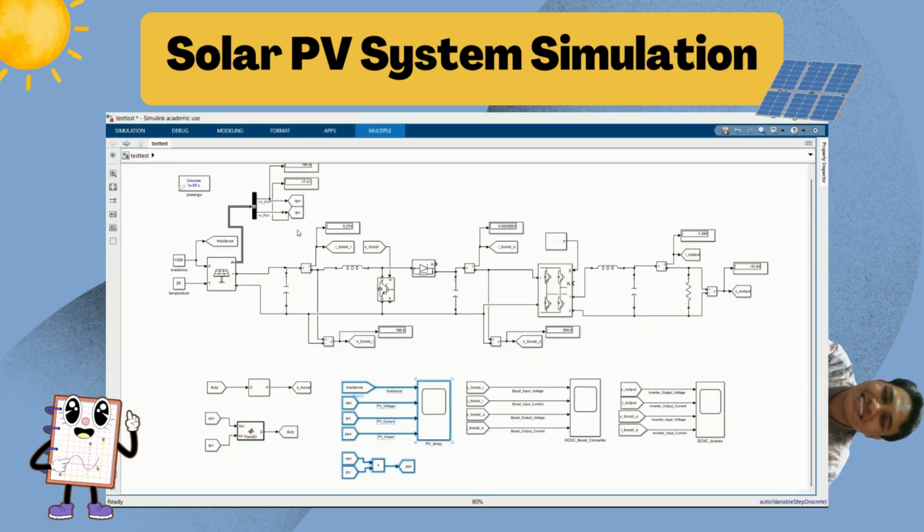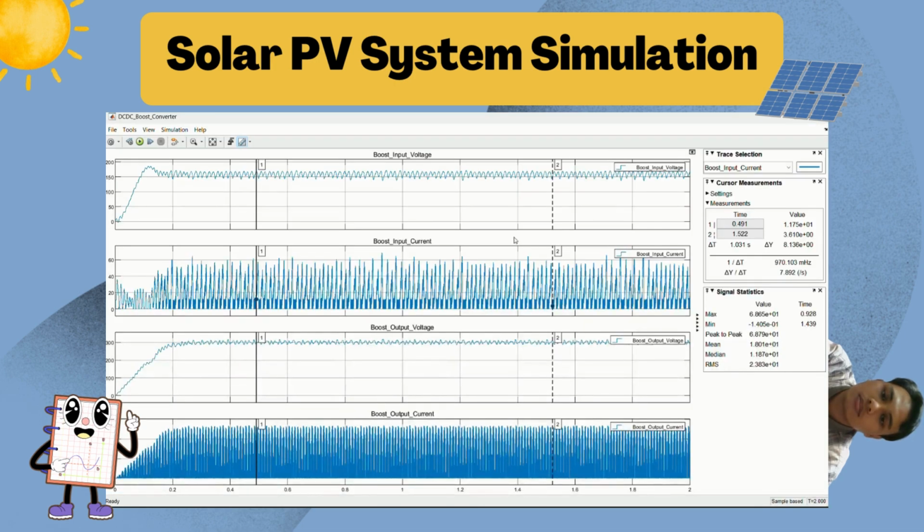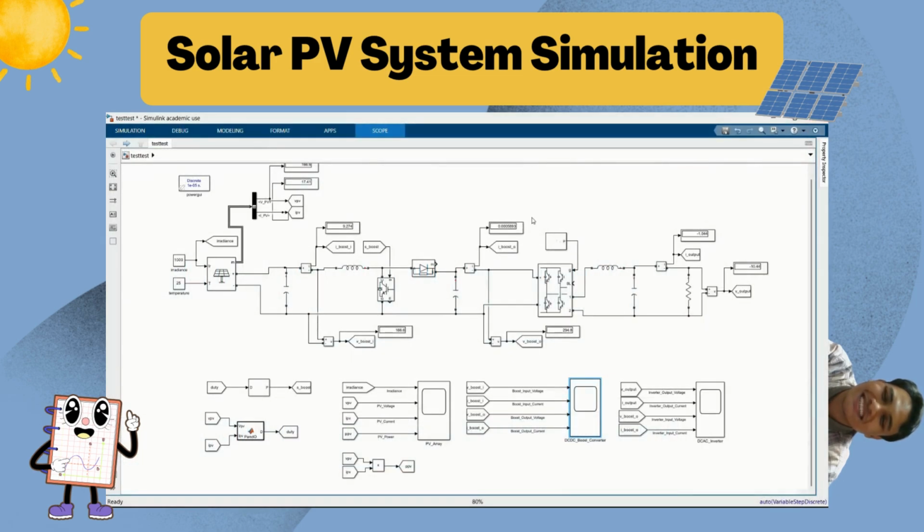And the next subsystem is the DC-DC boost converter. So here is the DC-DC boost converter subsystem, and below is the scope. So here you can see the output of it. You can see the input voltage, input current, output voltage, and also the output current for the DC-DC boost converter. And last but not least,